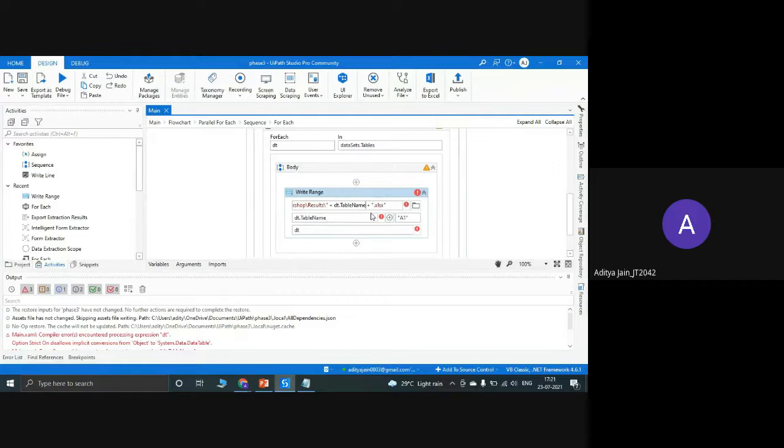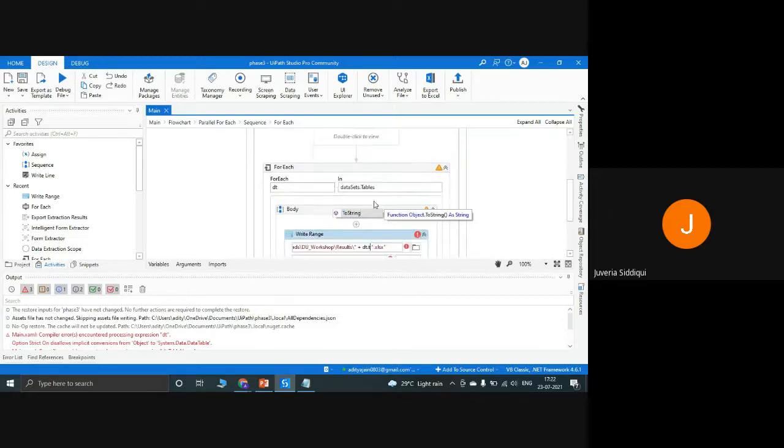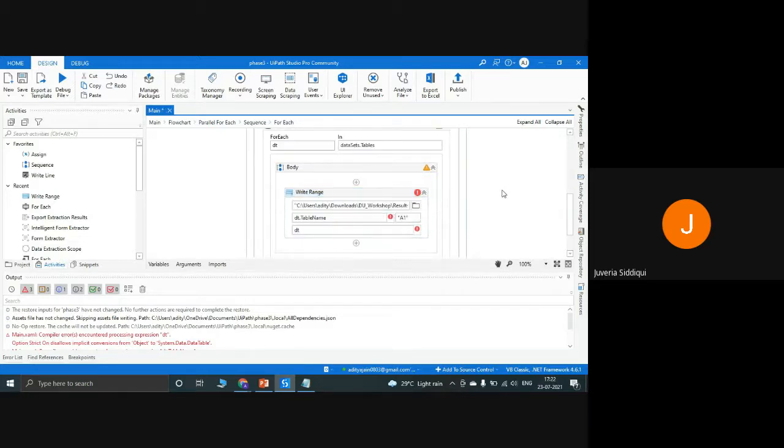If I'm typing dt dot table, no, it should be dt.table name, not table. Ma'am, there is no option coming for table. Okay, we'll go and check this problem. Let's first solve your problem with the classifier, and then we'll solve this problem for you.